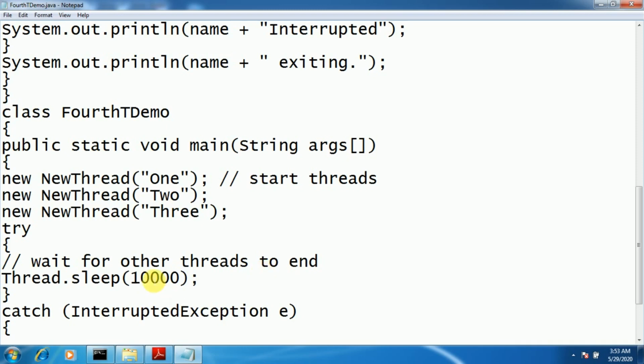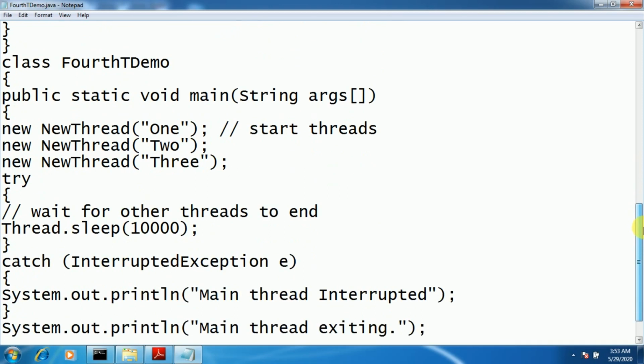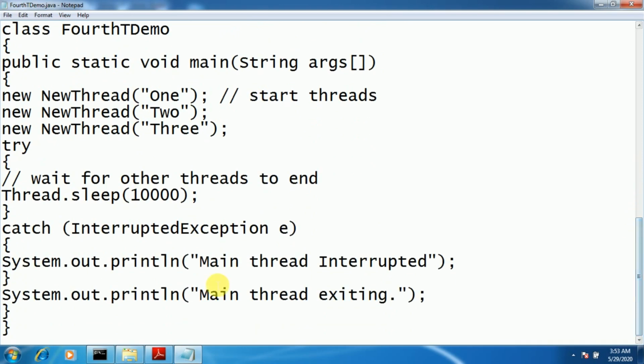So why 10 seconds? Because each thread requires a minimum of 5 seconds to complete the task. Based on that, we have assigned it, and it is going to show you the output.